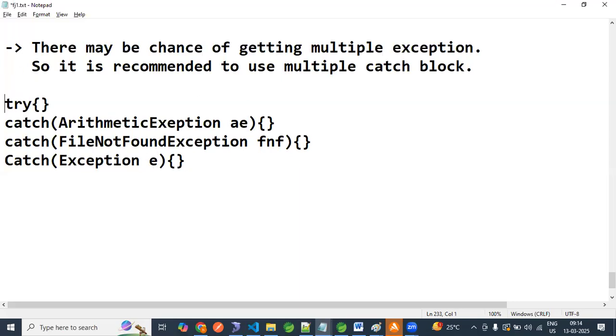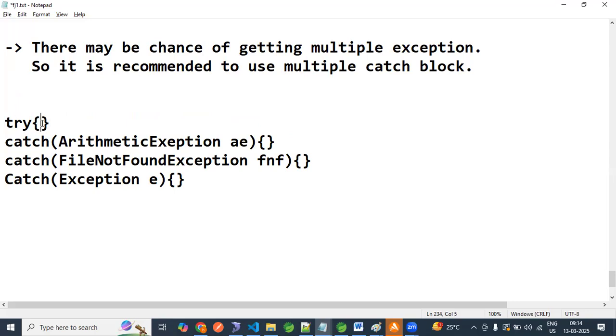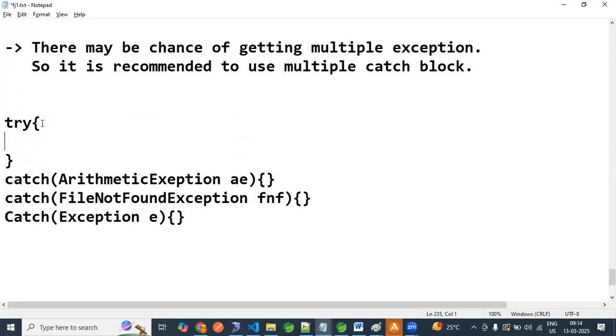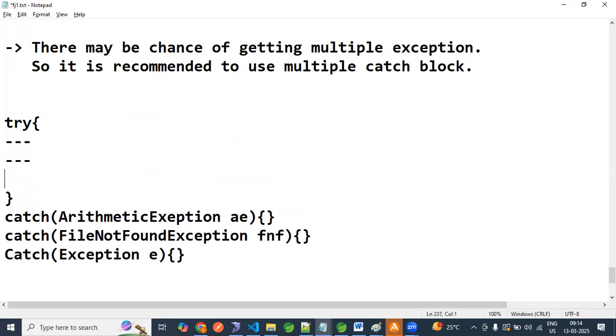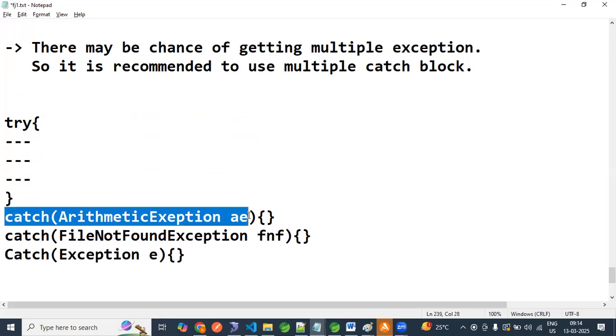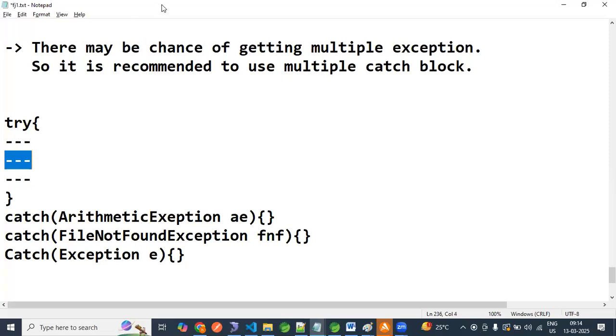For example, in our logic there are multiple lines of code. The first line is giving an arithmetic exception. So where should it go? It should be taken care of by ArithmeticException, at line number